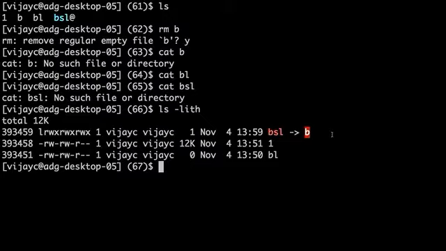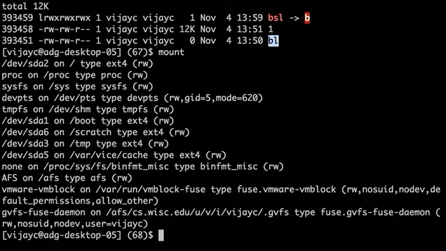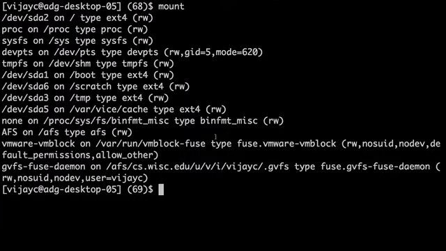Now the reason that we have these symbolic links, which seem less awesome than hard links, is this: when you do BL, what does it actually do? It creates an entry that points to the same inode number, and this inode number is unique in a file system. So I can show you the list of file systems that are currently there. These are all the different file systems running on my machine right now.